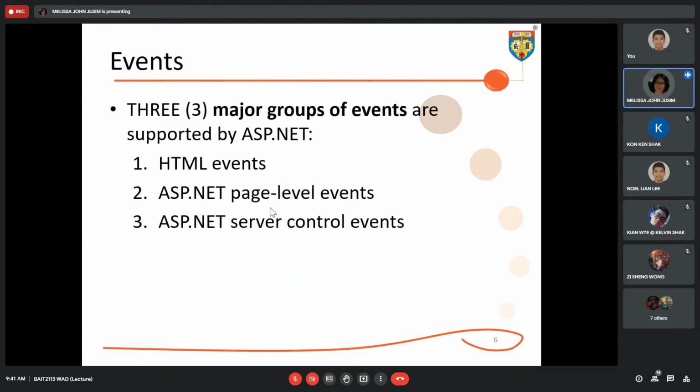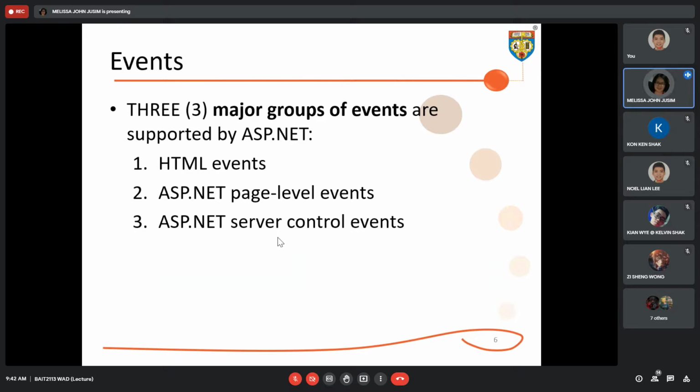And then what's the difference between number 2 and number 3? Number 2 is a page level events. Basically, it happens when the page is being loaded. Okay, and then the third one is server control events. Remember our server control, we have ASP button, ASP text box, all those.